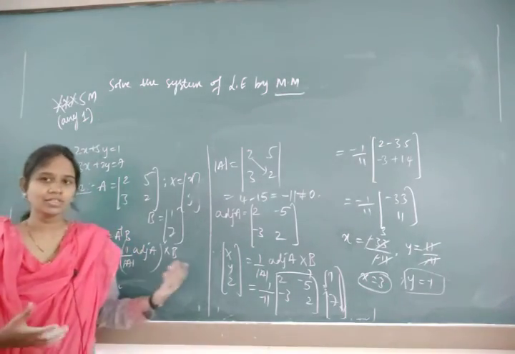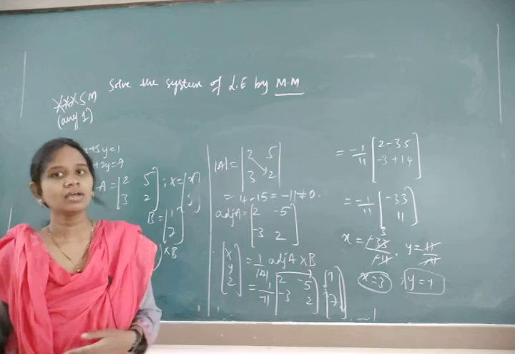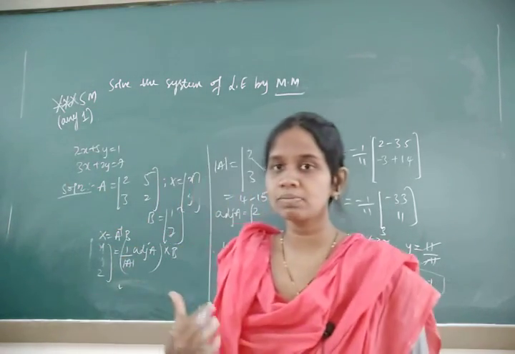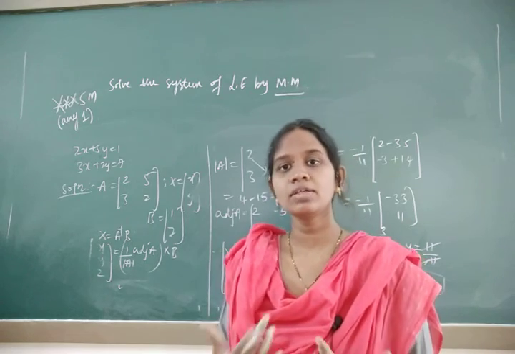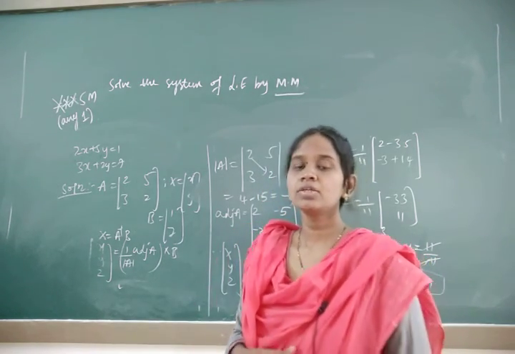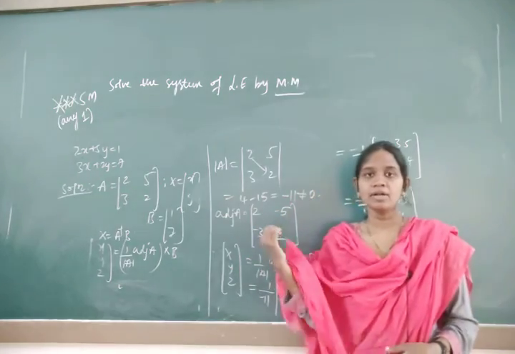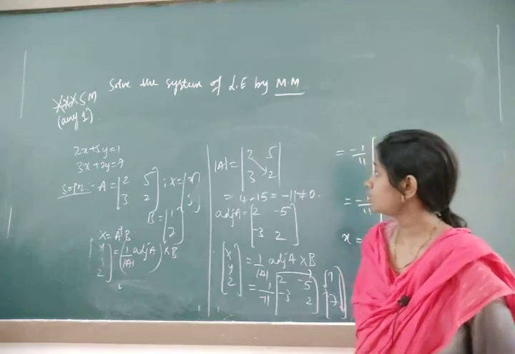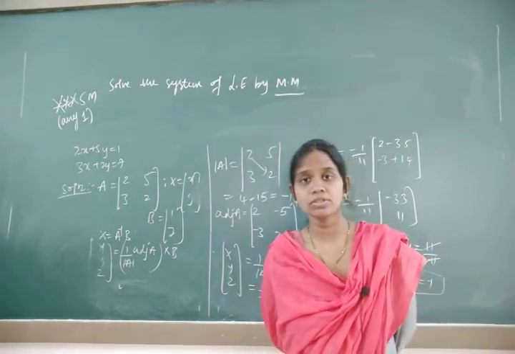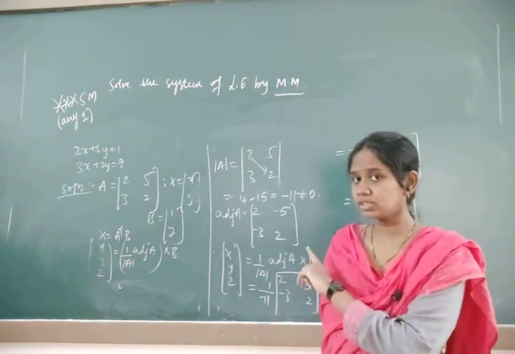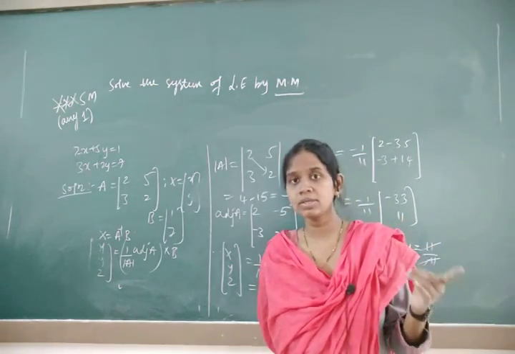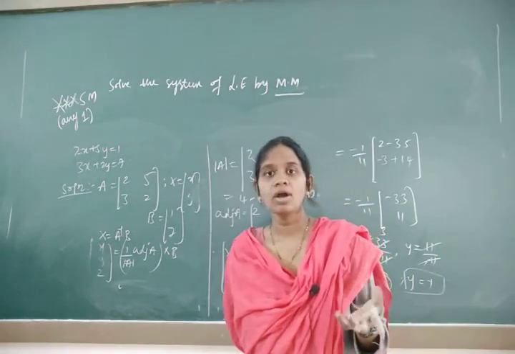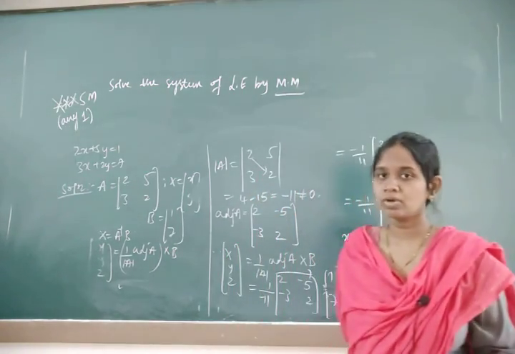We are not going to take adjoint because we are directly writing the adjoint. Because of that, for the 5 marks question they are going to ask only about 3 cross 3. Okay. So this is about the chapter determinants. What are the important questions? For 5 marks you are going to face this one, for 4 marks you are going to face the properties problem, for 2 marks you are going to face area of triangle, and for 1 mark you have to find the value of x.